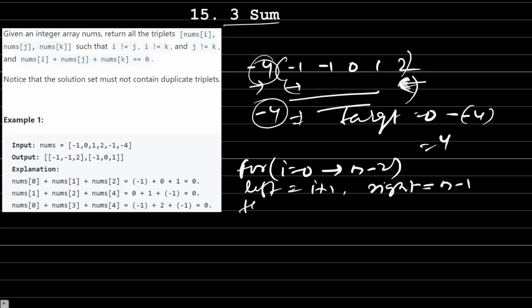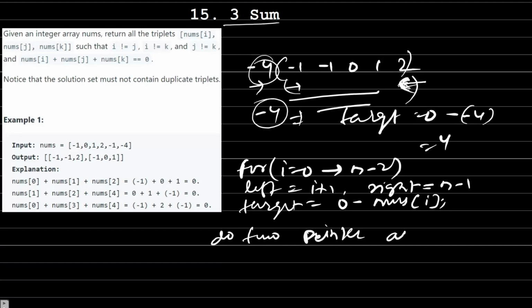Okay, and we have to update our target also. Target is going to be equal to 0 minus nums[i], and inside this we will be doing two pointer and store triplets if found. Okay, so you can see that first we sort our array,